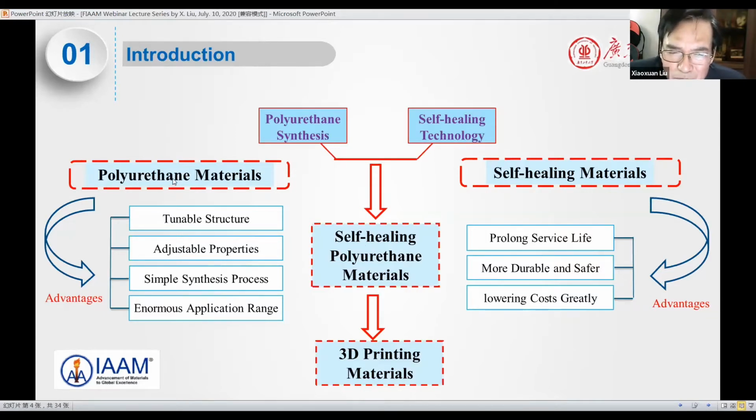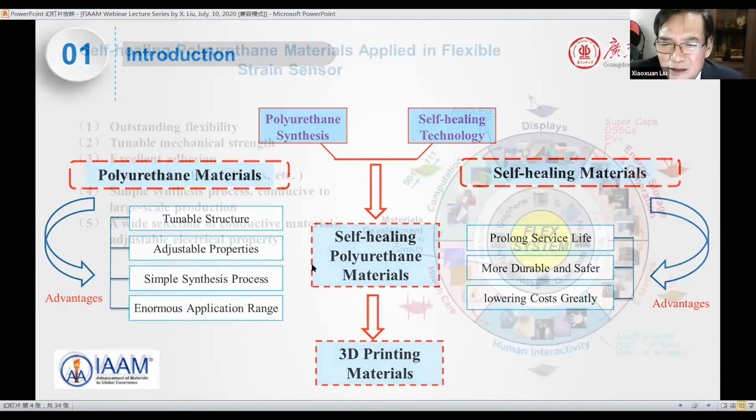PU materials have many advantages: a tunable structure, adjustment of properties, a simple synthesis process, and an economical application rate. Self-healing materials prolong service life, are more stable and safe, and greatly lower cost. So we have